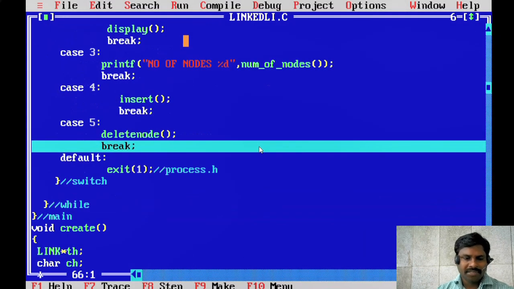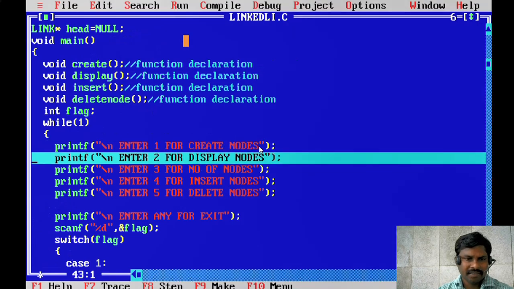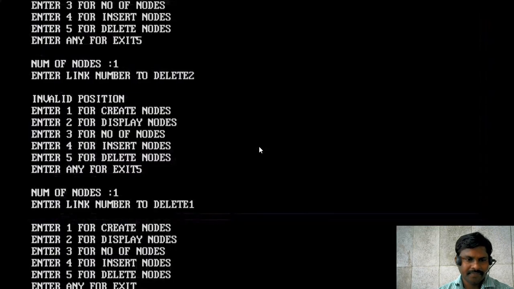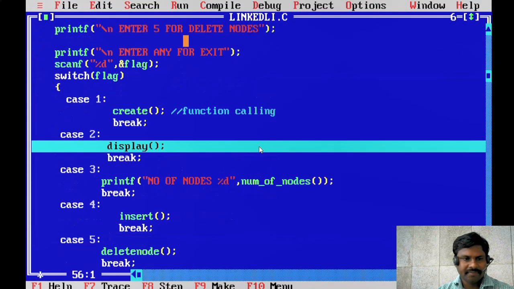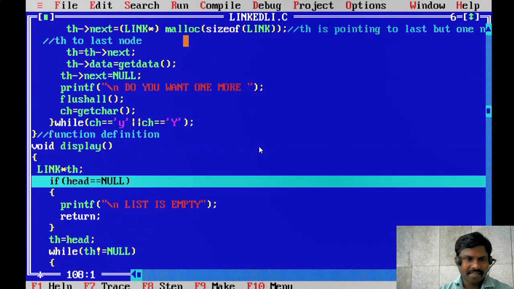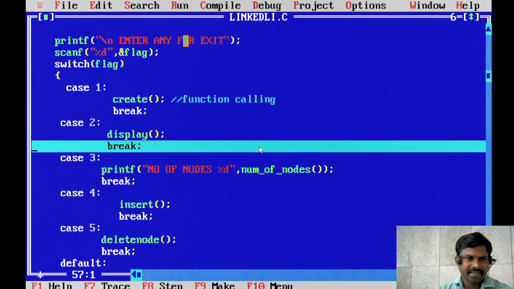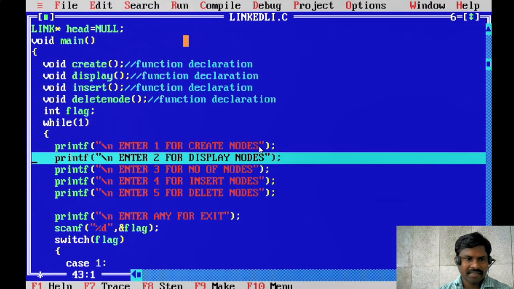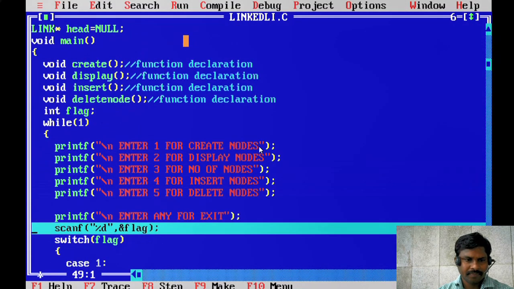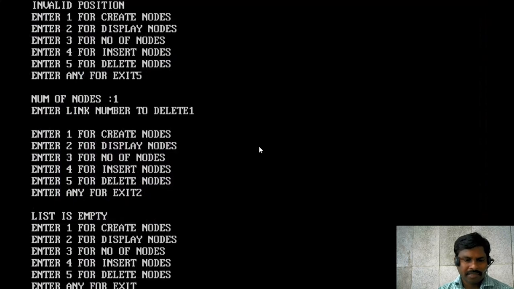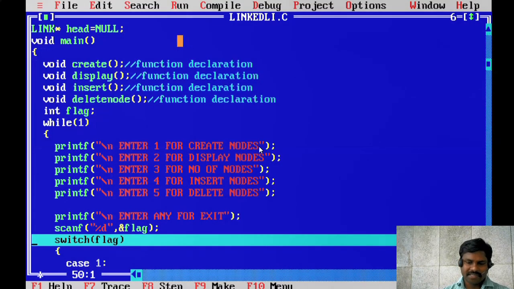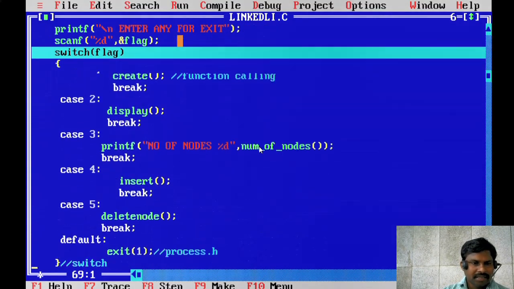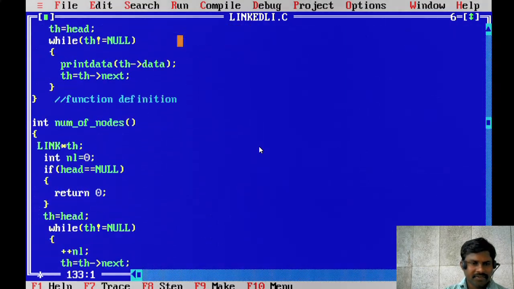Now out of this switch, and then display the data 2. Now head is equal to null, that means list is empty. So F7, display head is equal to null, yes, true, list is empty, and then return. Out of this switch, and then menu. So out of this one is the first case. So another case is delete the node,